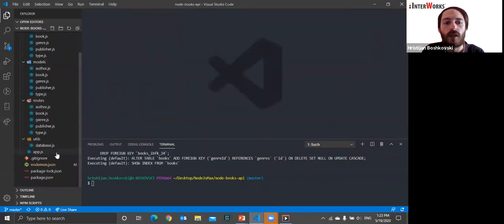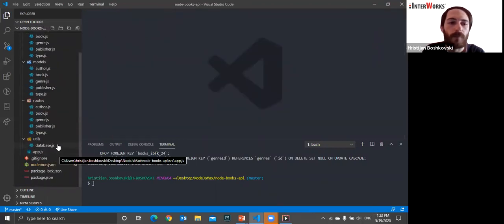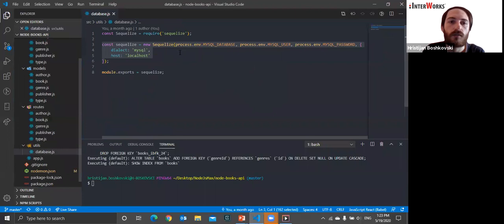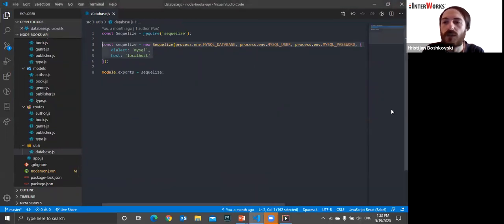So how do we actually set up the ORM? First thing, we actually need to set up a connection to the database. By using an ORM and specifically using Sequelize, it's pretty easy to set up this connection to the database. You can see that this file, which I just opened, is creating that connection, and it has only a couple